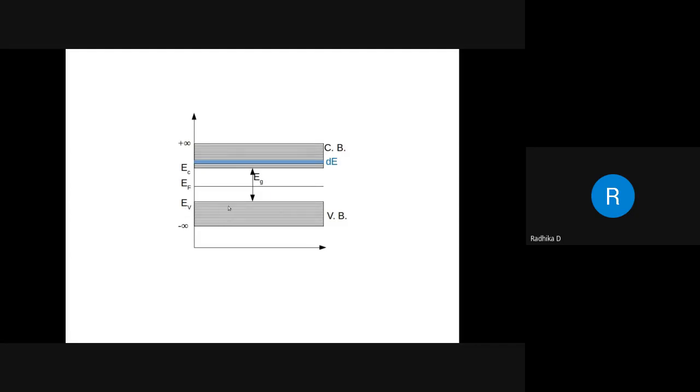Right now, we are not doing it for holes. What if we were doing it for holes? Now, for holes, this is the starting level, EV, the uppermost level of the valence band. Once again, that will be the upper limit, but I don't know up to what the valence band bottom can be. So, for that reason, the lower limit will be minus infinity.